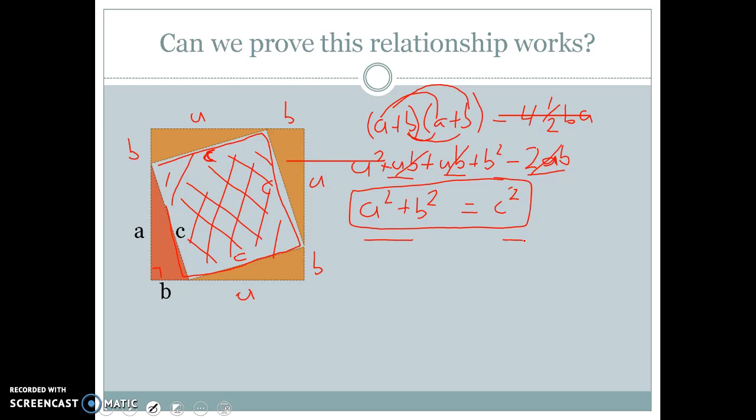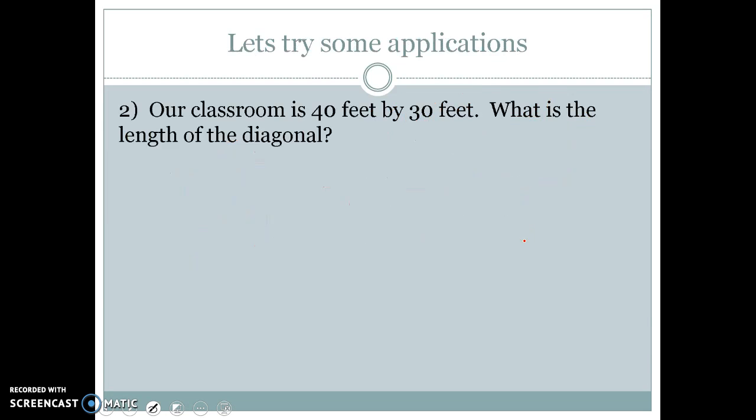Let's go ahead and take a look at some more examples about how it works. So our classroom, this is true by the way, is 40 feet long by 30 feet wide. So it is 30 feet across, 40 feet in length. It says, what is the length of the diagonal? We want to find this distance, the diagonal distance of our room. Now we could measure it, but if we know that it's 30 by 40, we could find that distance by